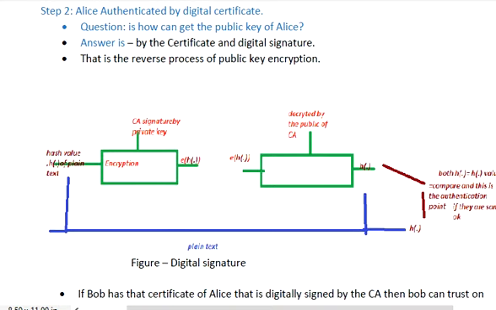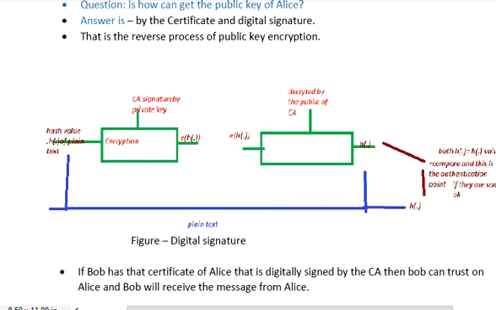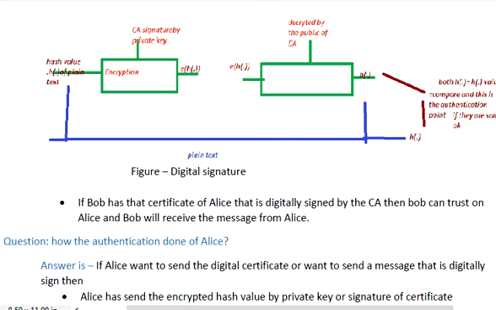But in this case, we can simply say that the digital certificate was used for the authentication of Alice, and here the digital signature is the process where the digital signature is the inverse process of public key encryption. This confirms the authentication but not the confidentiality. If Bob has the certificate of Alice that is digitally signed by the CA, then Bob can trust Alice and Bob will receive